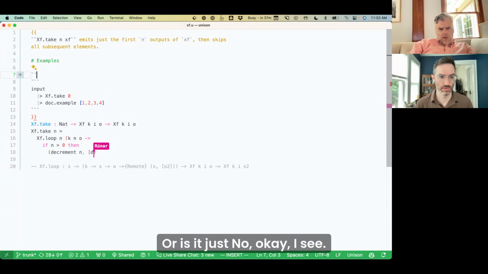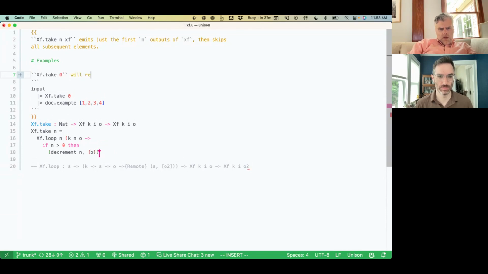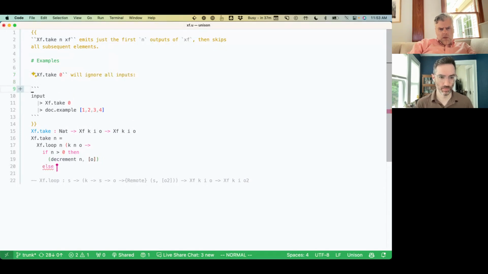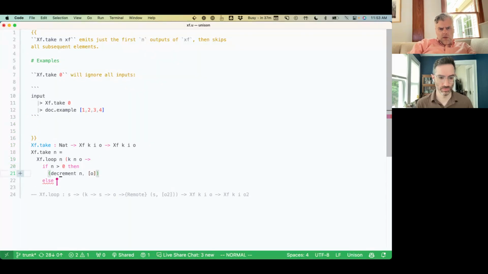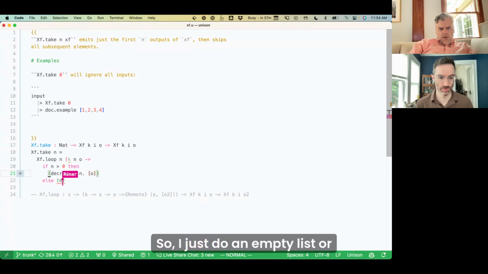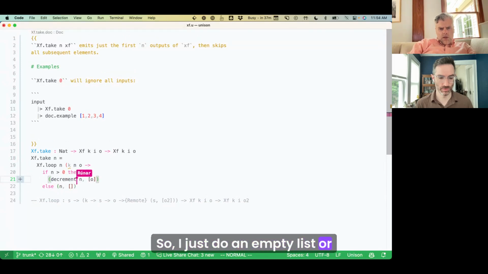Or is it just O? No, okay, I see. How do I break? I need to return some S and some O's. Do I just do N and empty list or what?